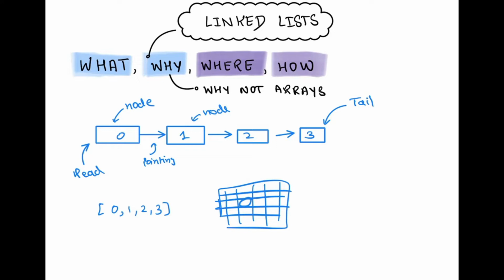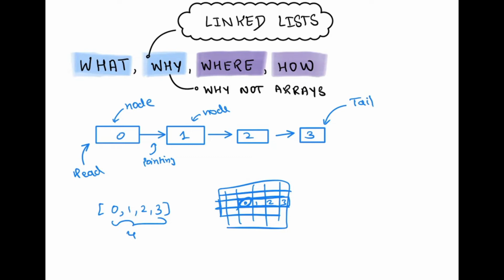A random location would have been selected, and then the first element would have been inserted there, and this is a 4 element array. What the array would have done is on the memory grid, it would have taken 4 memory units in continuation and started the array as 0, 1, 2, 3. So the key thing in arrays is that adjacent elements are also at adjacent locations on the memory,